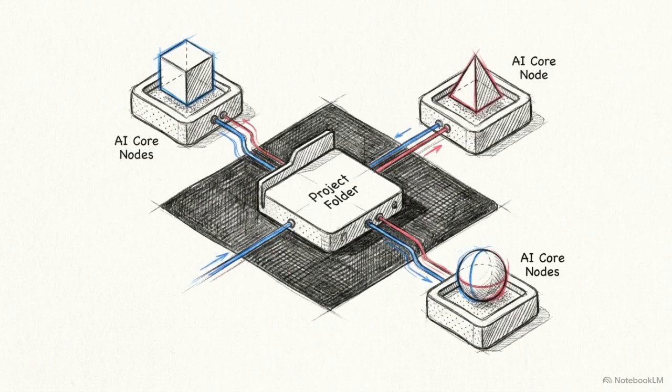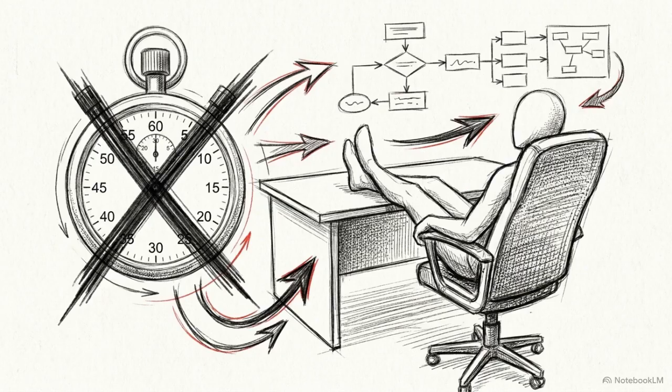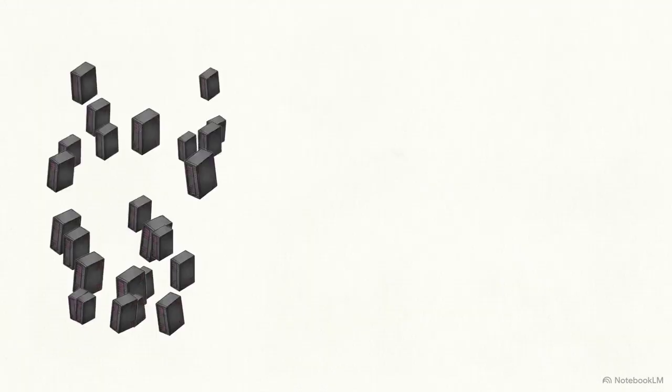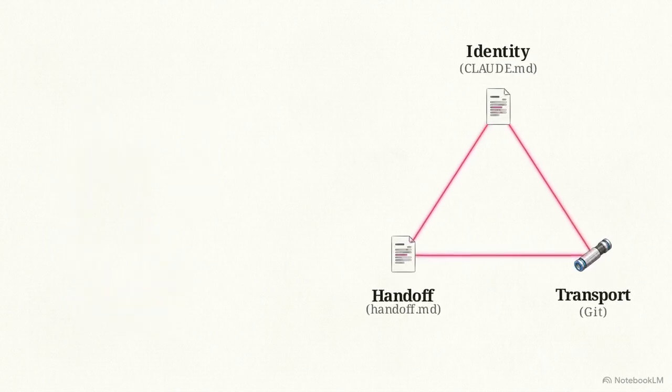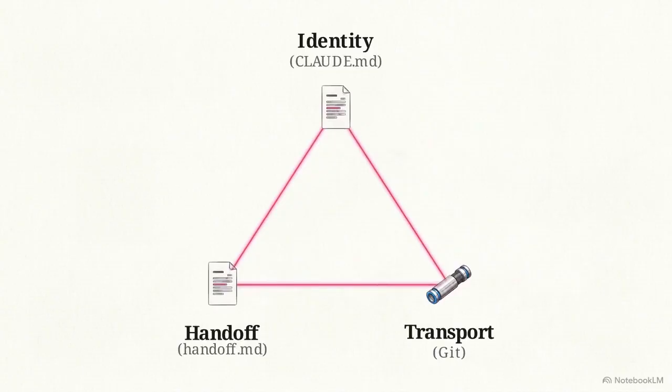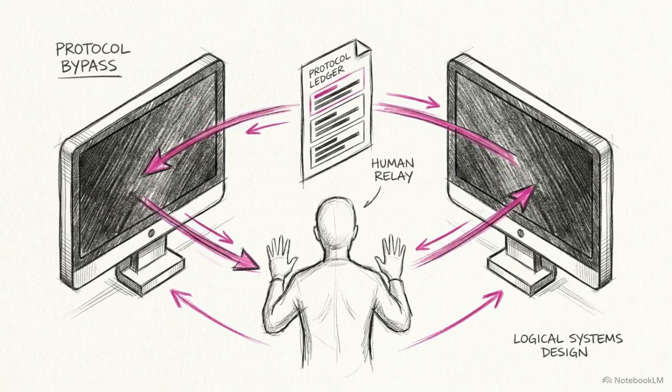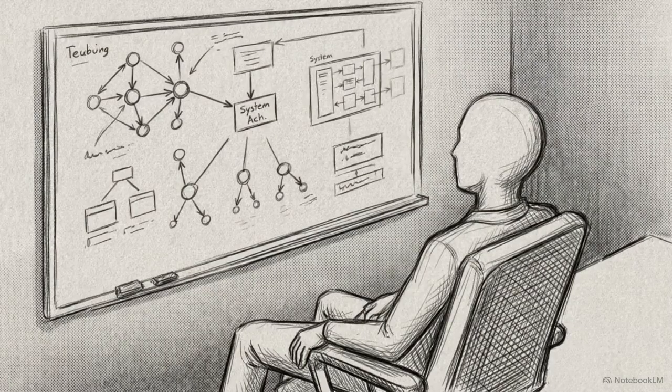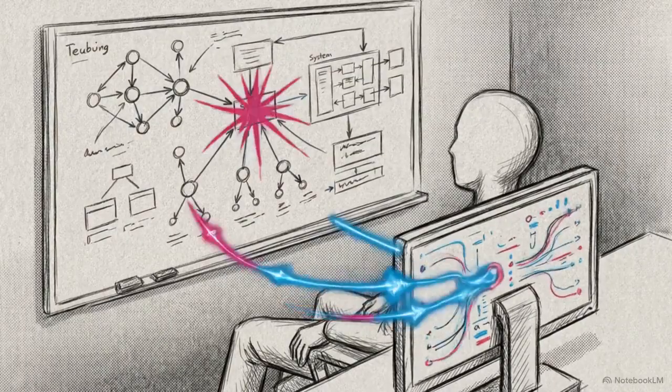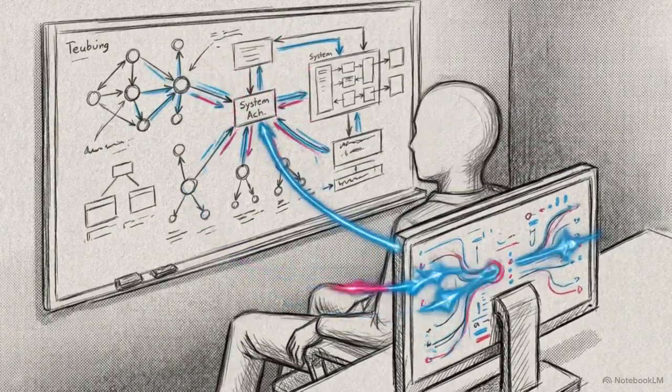This creates a single convergence layer. You can route specific tasks to the AI model best suited for the job, and you never have to pay the time tax of re-explaining the project history. The core engineering takeaway here is that highly scalable, reliable systems often run on simple rules and existing tools, rather than massive, complicated new infrastructure. By adopting simple text protocols, you remove the friction of acting as a manual message bus. The context handoffs smoothly lock into place on their own, leaving you completely free to focus on high-level logic.